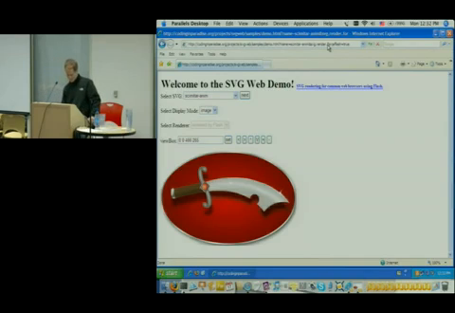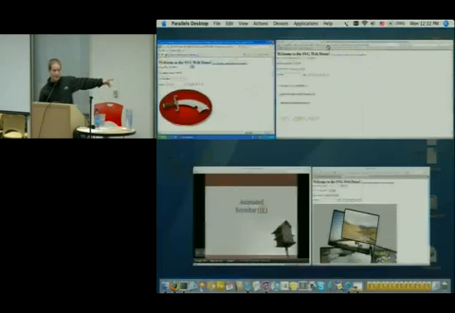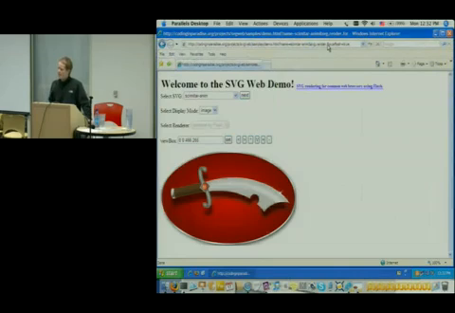Again, if you were to crack this one open, you'd see a bunch of animate tags. One of the cool things about SVG is you can group things together, just like in Photoshop. You can grab all these things, group them together, treat them as a unit. Same thing in SVG. We can have some quite complicated drawing commands for the scimitar, which might have been exported from Illustrator. And we could say, as a group, animate this from this position to this position with a single tag. And then start this music when things happen.